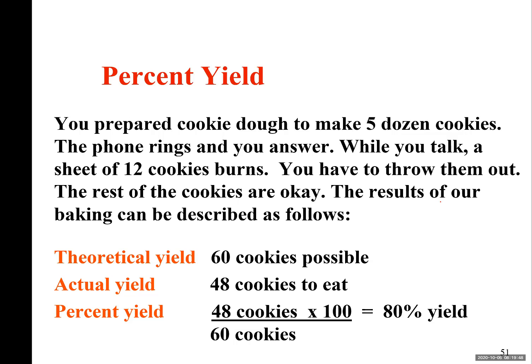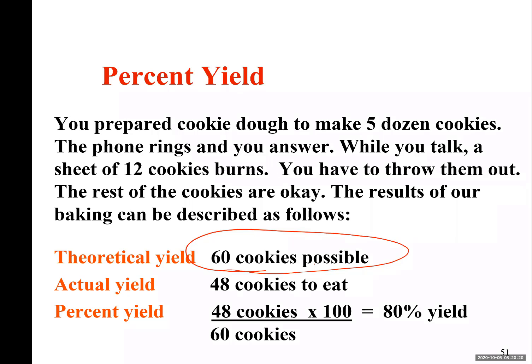Suppose you are baking Christmas cookies and you really want to make 60 cookies. That's your thinking. That's your theory. You haven't done it yet. And then you get the stuff, you bake them. Some of them end up burning. Some of them fall on the ground. Some of them you eat while you're making them. Some of them your kids come and eat.